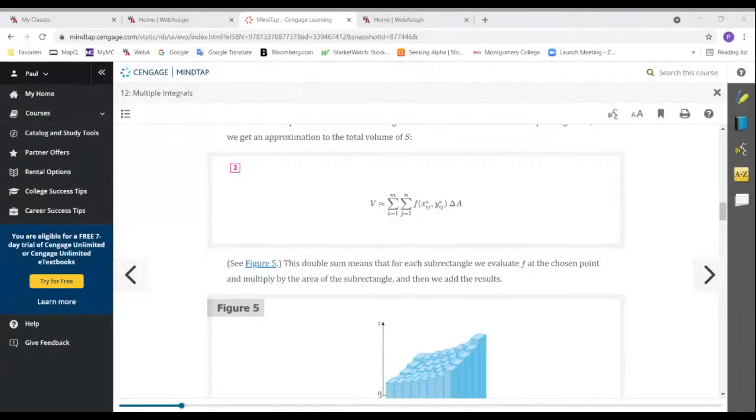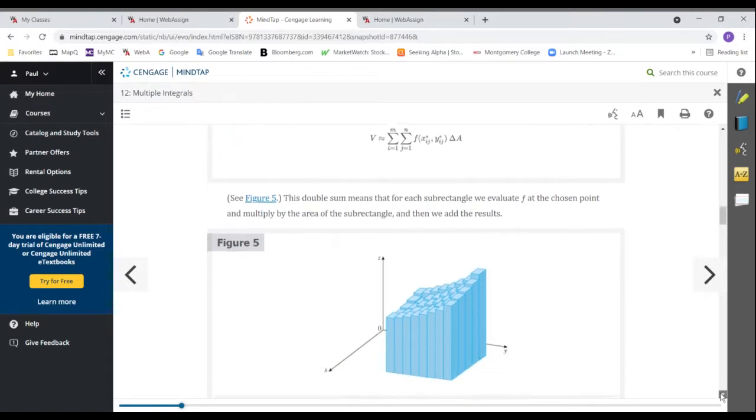Okay, so in section 12.1, you had some homework problems. You didn't have a lot of homework in 12.1, but you had a few homework problems that asked you to approximate the volume underneath a surface. What you had to do was create boxes or bricks, and the height of the bricks was determined by whether you're using the right